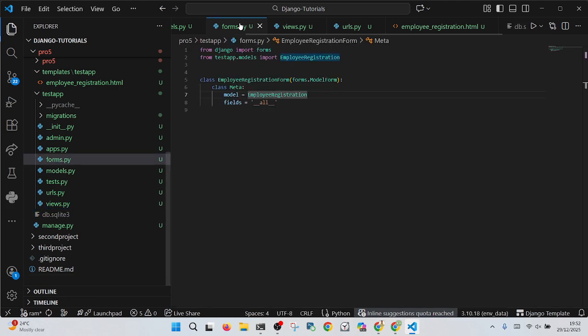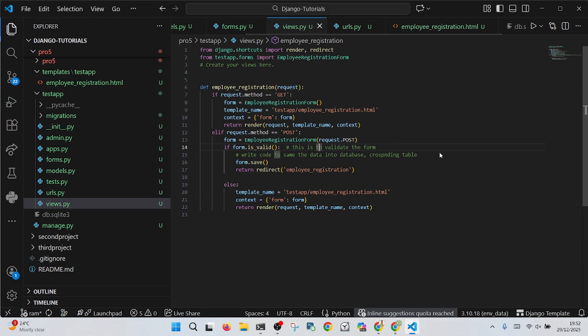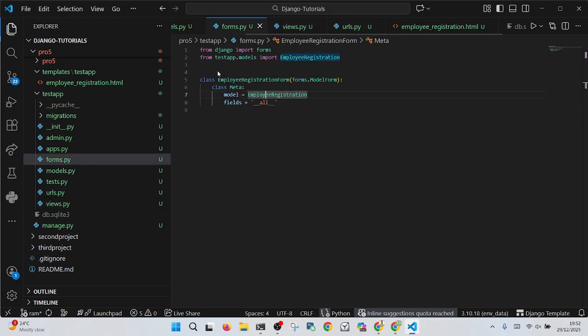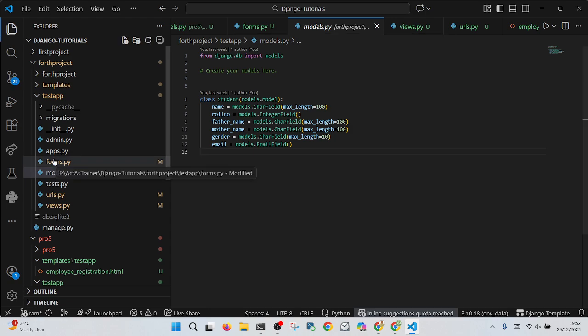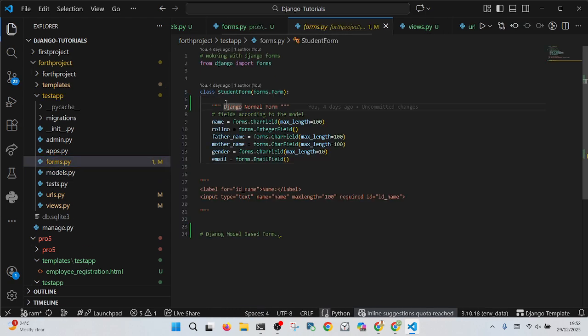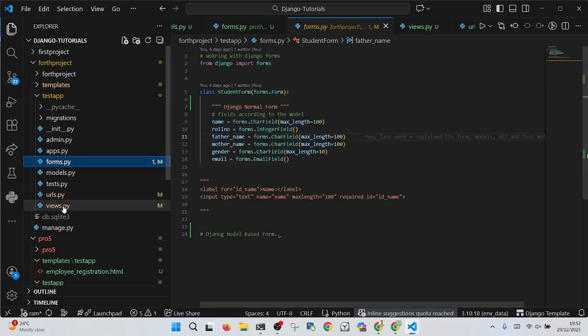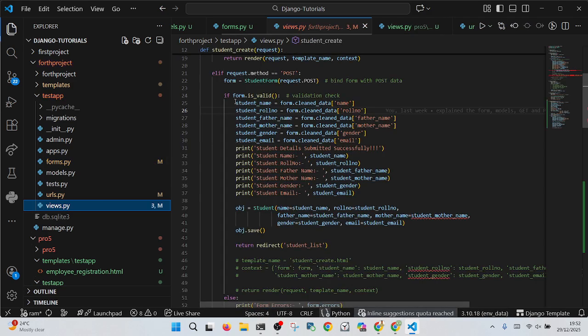So this is the way, guys, of a model based form. In this way we did not write the same thing again, as in the last session. We were writing the forms again, repeating the same fields here and adding them again. Then for this here, what we are doing, we are just adding